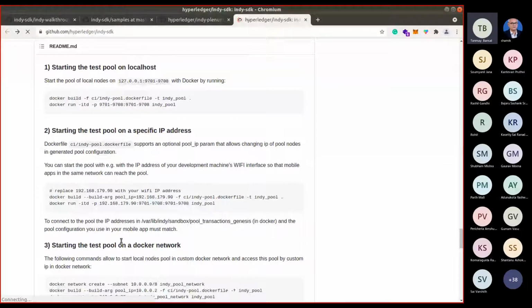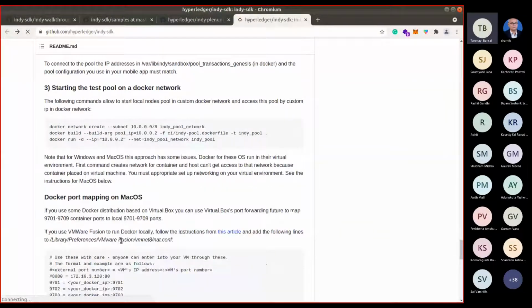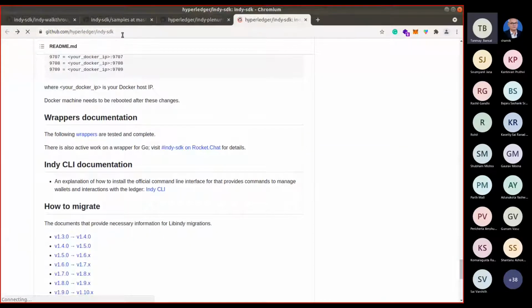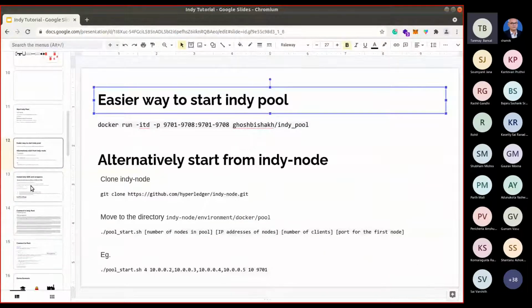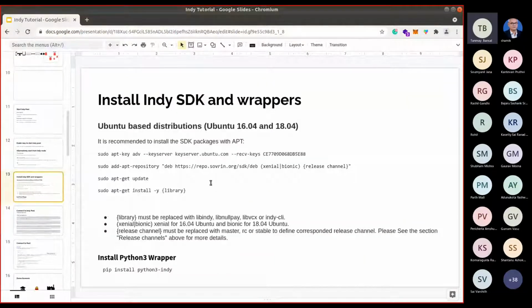So how can you install the INDI SDK and also the INDI wrappers for it? You can build from source code, but they also provide packages for Ubuntu 16.04 and 18.04.